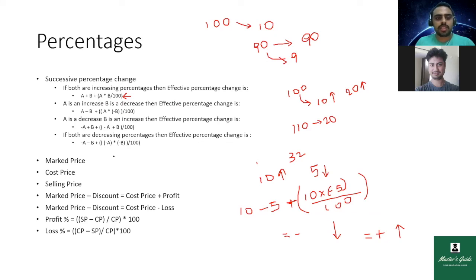Similarly, in percentages we get the concepts of cost price, selling price, and market price, which you would be familiar with. Just remember that everything is calculated on cost price. If you get a profit, it is calculated on cost price. If you get a loss, that is also calculated on cost price. And market price is where I don't sell at the market price; I give a discount on it and then sell at another price, that is the selling price. Since these are concepts we must already be familiar with, I don't want to give more details on it.